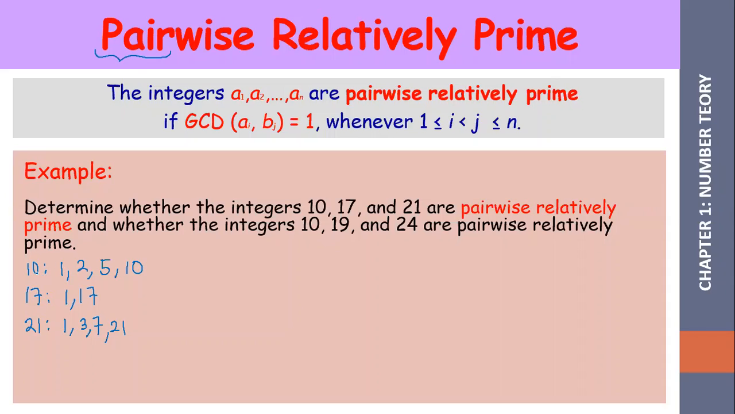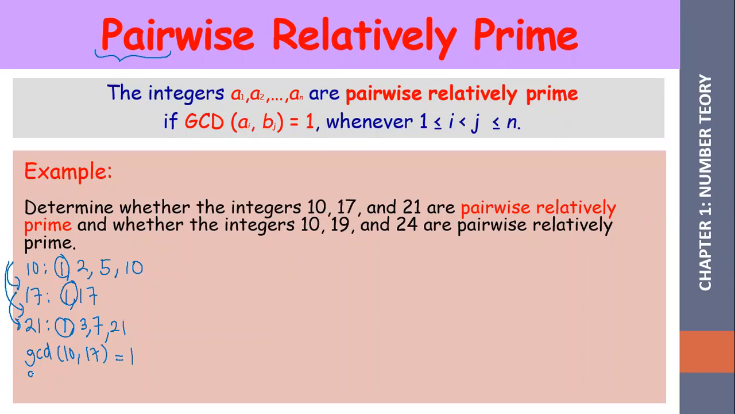Okay, if you see here, 10 and 17, GCD is 1, also 1. So for pairwise relatively prime, you have to check one by one, because it is pairwise. So GCD of 10, 17 first, and then 10, 21, and then 17, 21. So GCD of 10, 17